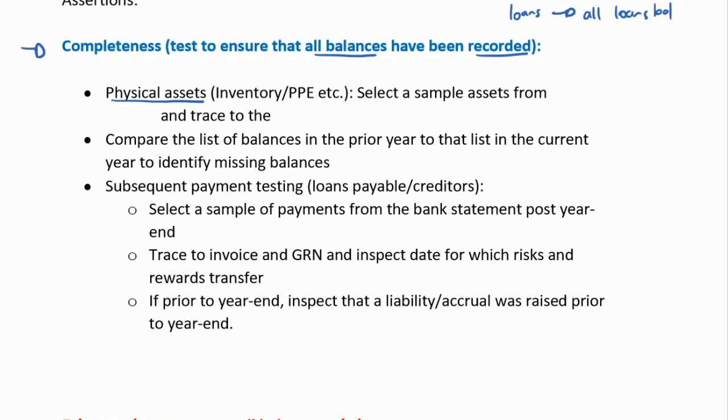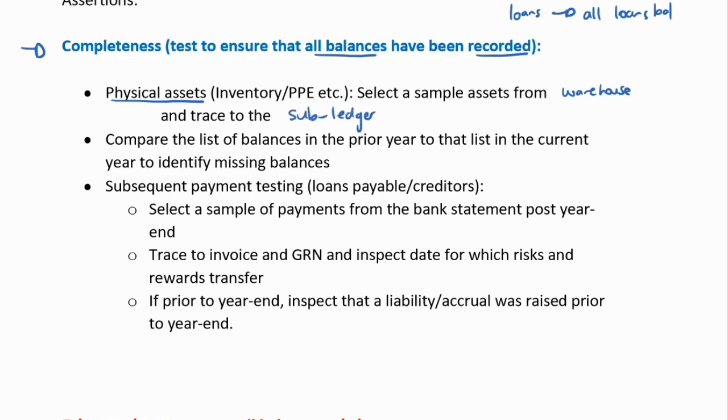And it's very similar thinking to our completeness transaction. I need to select my sample of assets from the warehouse. Because now I'm not talking about a source document, I'm talking about the physical item. So from the warehouse or from the floor or from the factory, wherever the physical items are, and I need to trace it to the